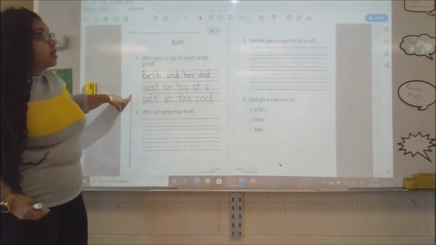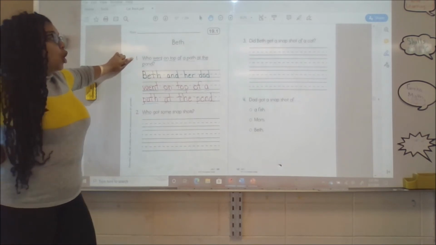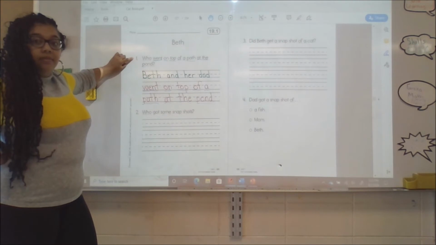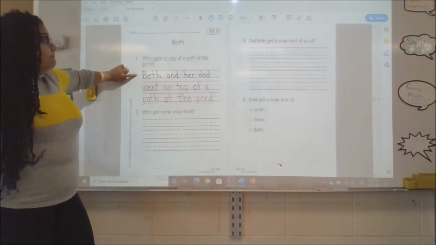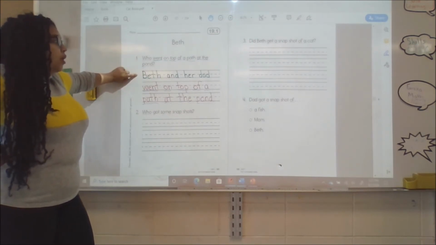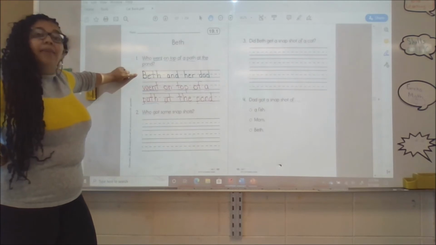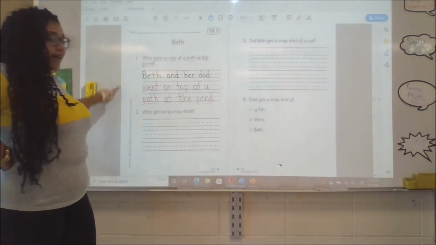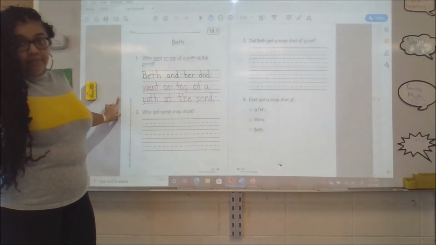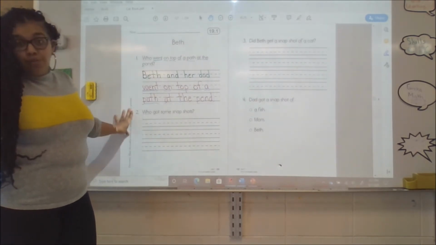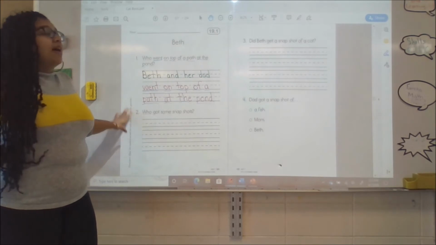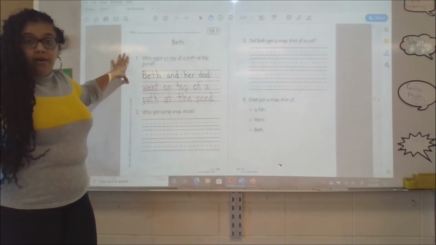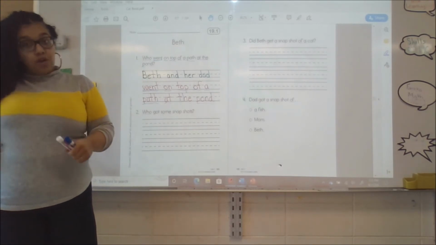complete sentence. So, when the question is, who went on top of a path at the pond? The answer is, Beth and her dad went on top of a path at the pond. That is the full complete sentence answer to the question. Like I said, I'm going to leave this portion in real time. If I'm still going too fast for you, that's okay. All you have to do is pause, and then you can keep playing me when you're ready to go on